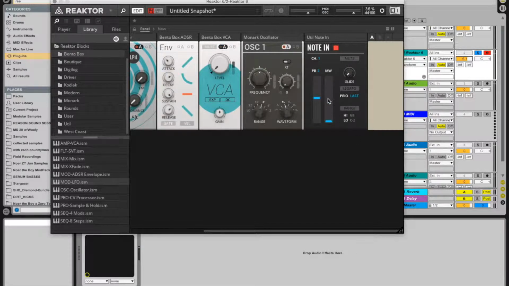I should also mention with this node in utility, it gives us some mod wheel options and glide here. So if you adjust this glide, you notice how we go immediately from one note to another. But if we up this glide,